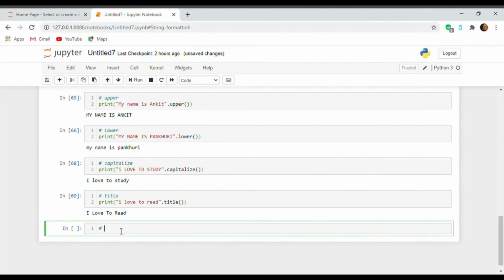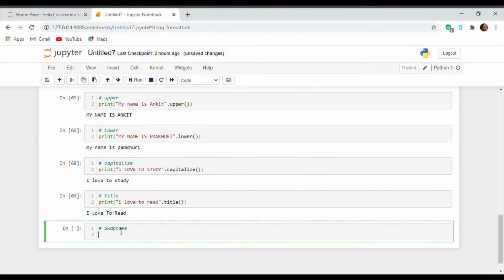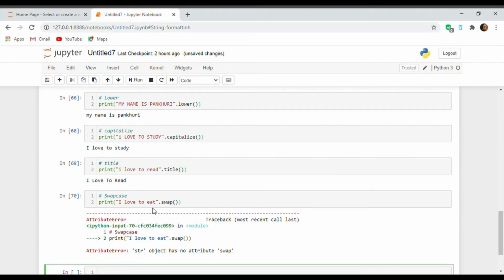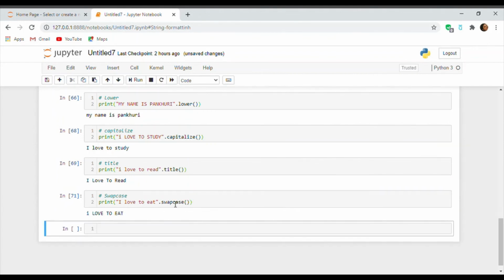And the last but not the least, it's swap case. So what does swap case do?